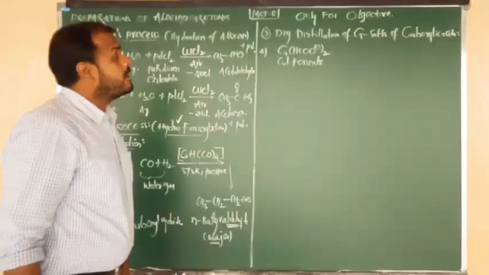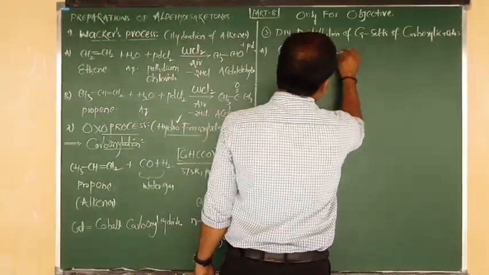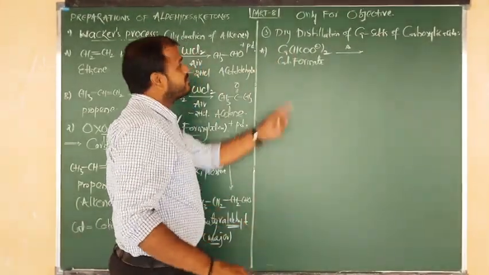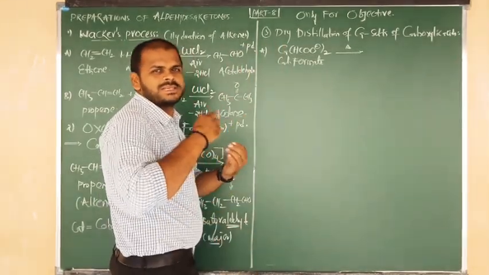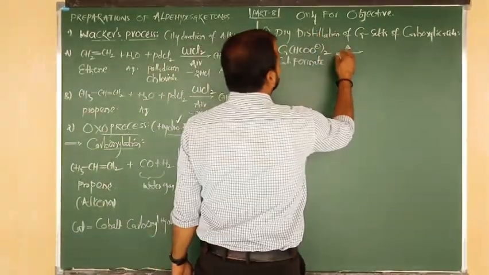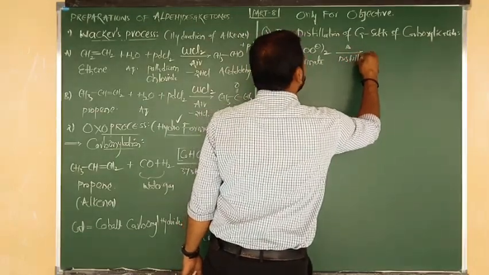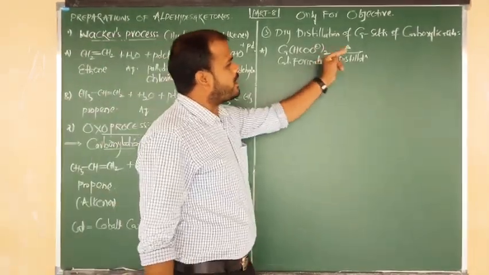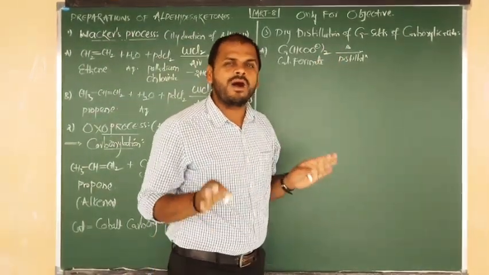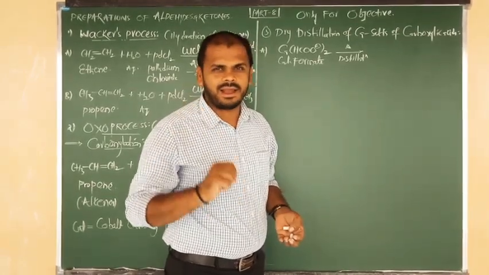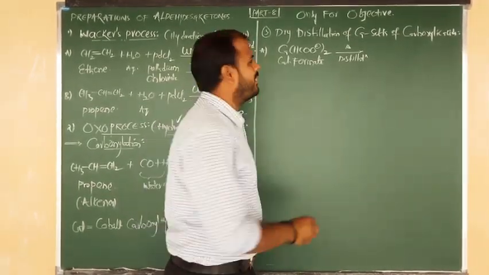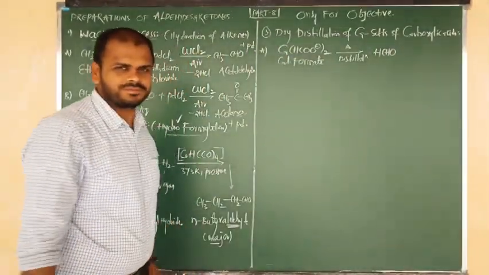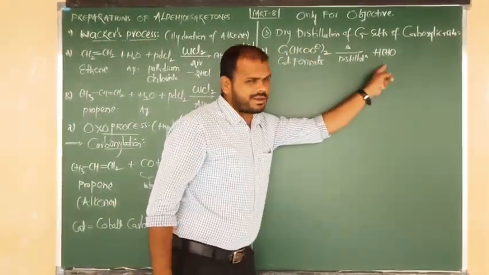Calcium formate, simply upon heating without air, in dry condition, undergoes decomposition, and the method name is dry distillation. Calcium formate upon dry distillation forms the product formaldehyde. What is the product, beta? Formaldehyde. I am going to write the formula here, H bonded to CHO, formaldehyde. Calcium formate gives formaldehyde.